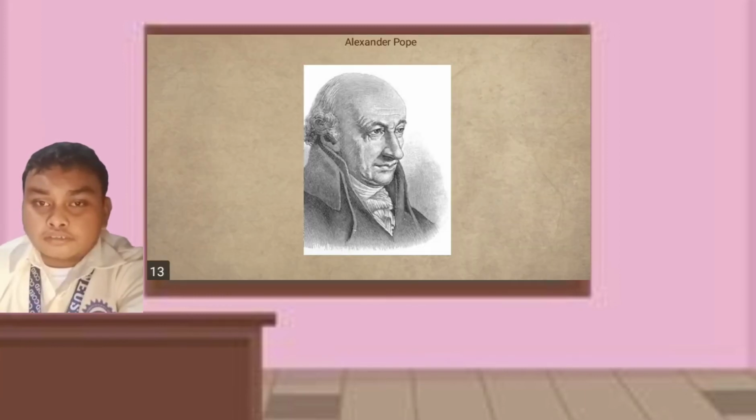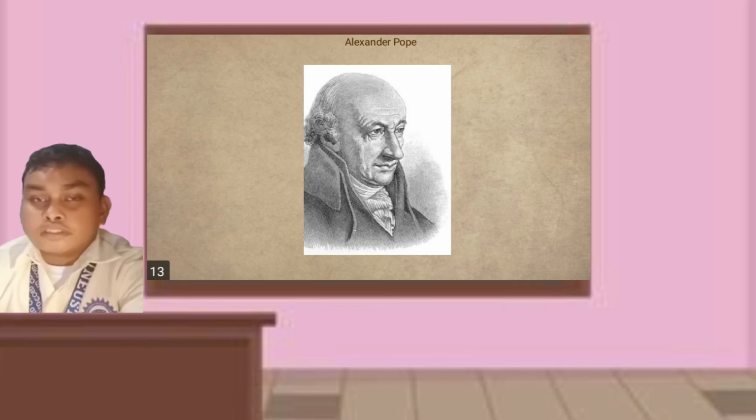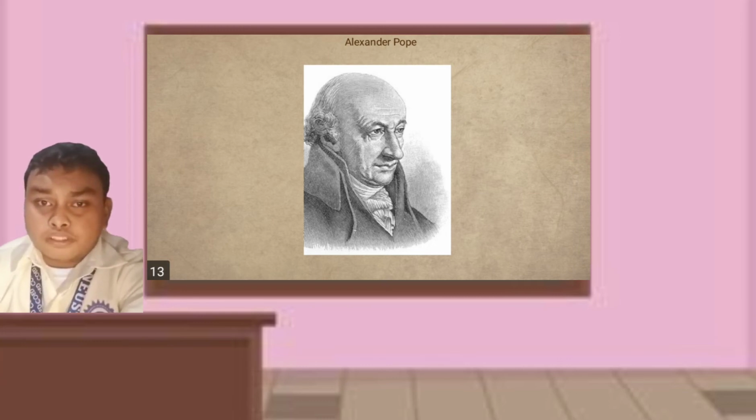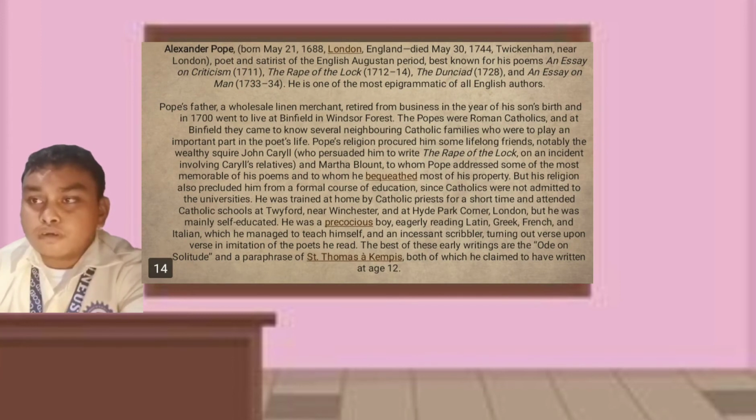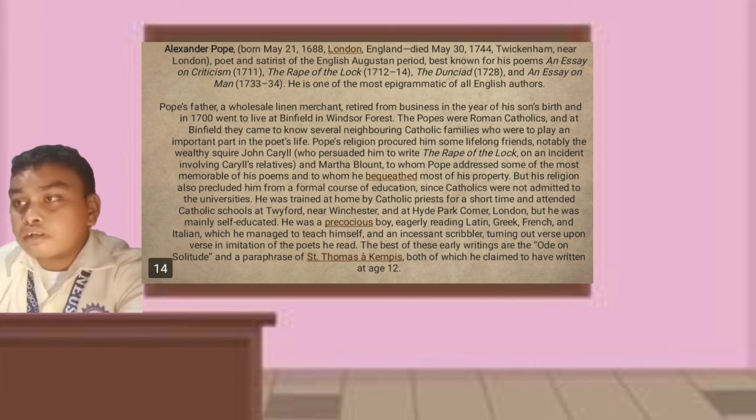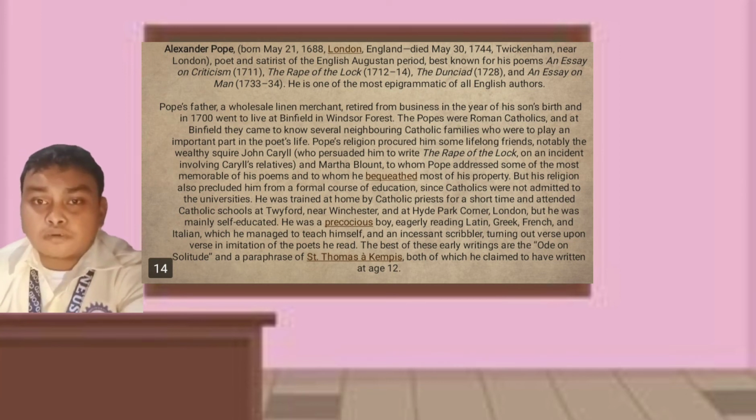Next writer is Alexander Pope. Who is Alexander Pope? Alexander Pope, born on May 21, 1688, London, England, died May 30, 1744, Twickenham near London,